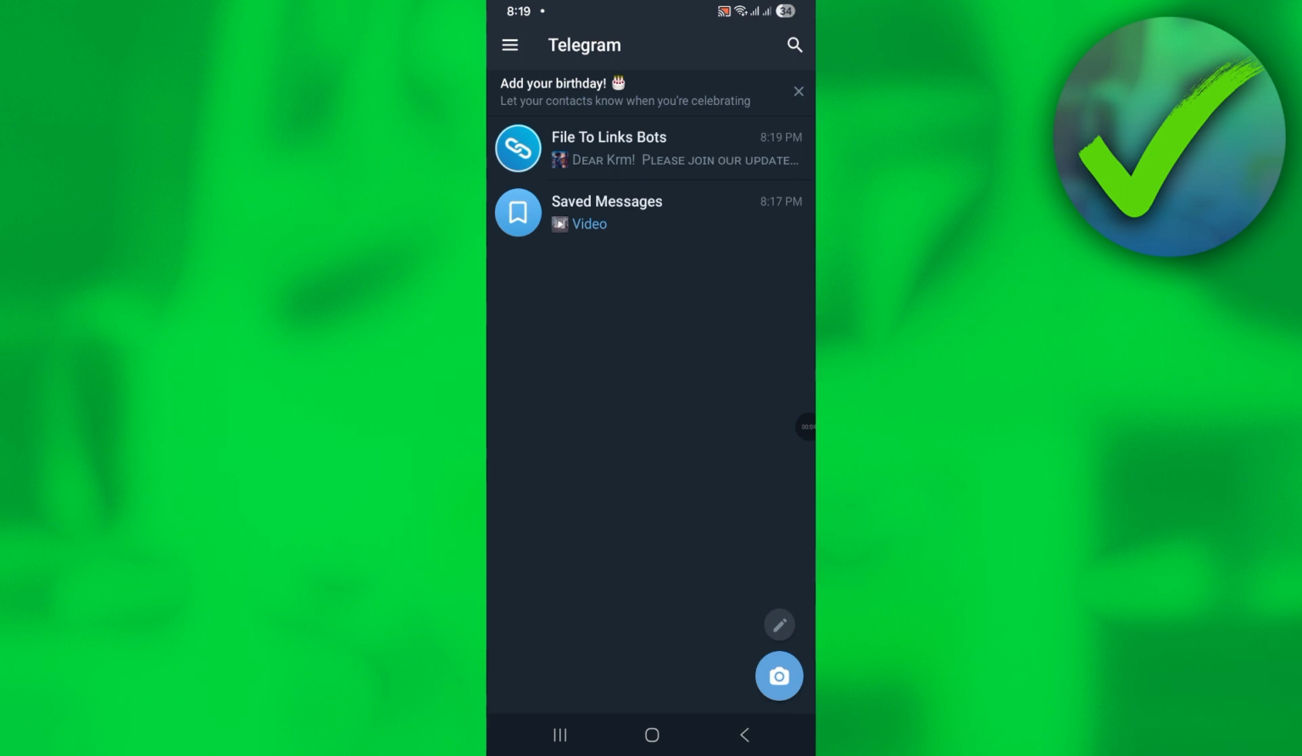How to increase Telegram download speed. So that is what I'm going to show you guys in this super quick and easy tutorial, so let's get into it. So the first thing that we need to do right here is to of course open our Telegram